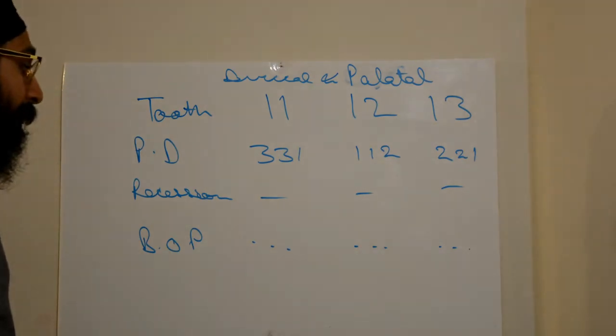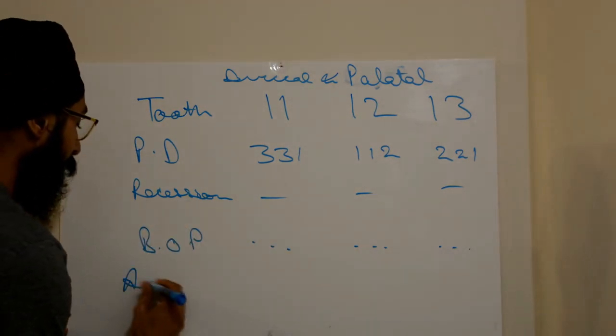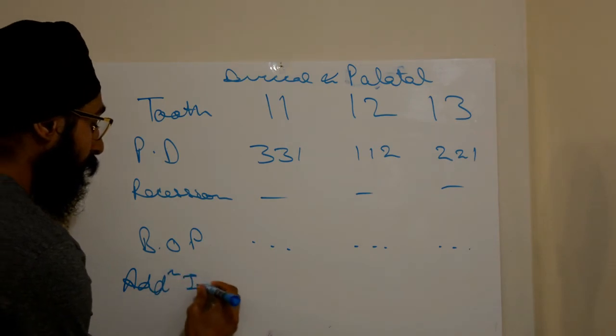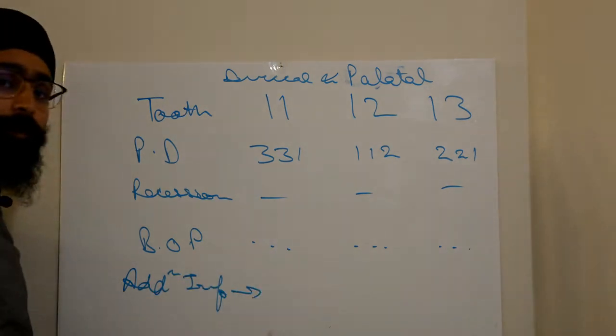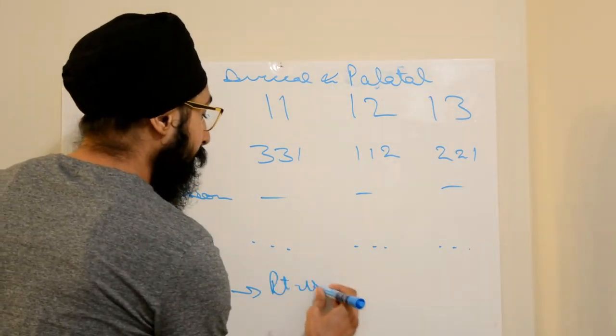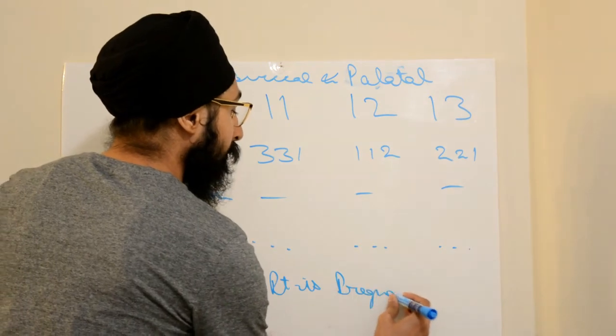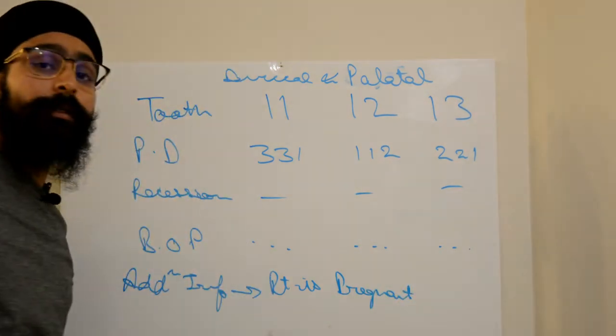Now let's just restrict ourselves to this perio chart, and let's say in the additional information it is given that the patient is pregnant and she is in her 3rd trimester,